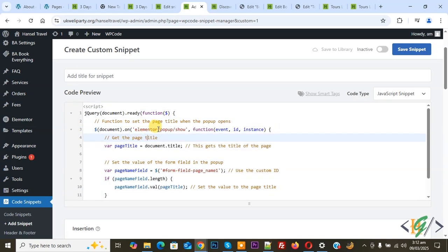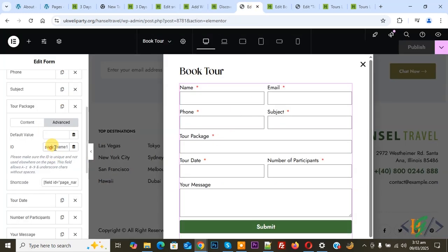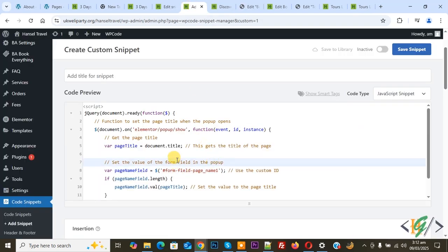Now you see elementor/popup/show and then you see page_name_1. So this is our field ID. Now go to form. Now you see page_name_1. So you can add your field ID in custom code. And then we are going to fetch the page title